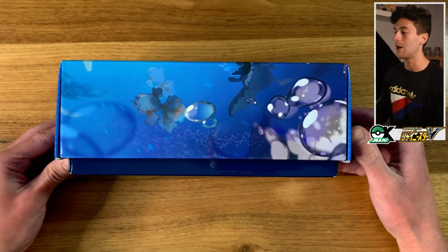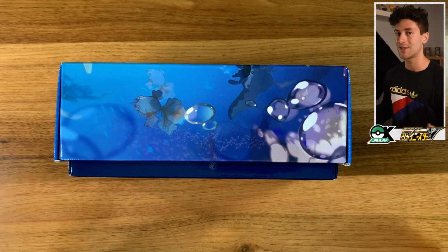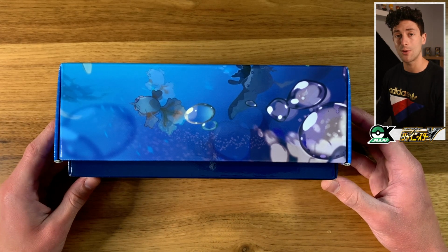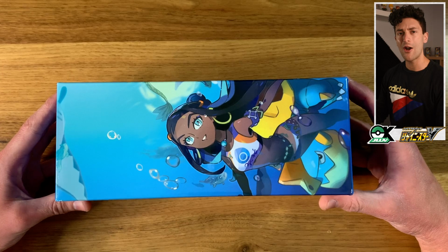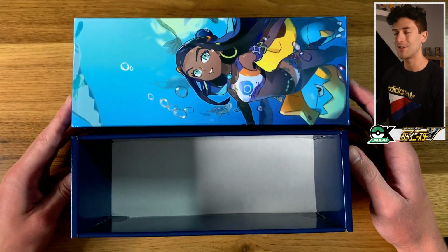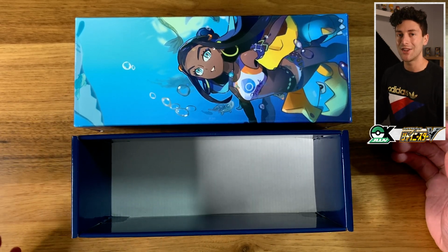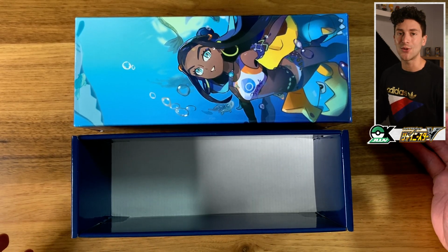I mean, you can put them on the shelf and that looks really great. And if you've got all the other promo sets too, you're going to have a really nice collection of storage boxes. So they're pretty cool. With that little showcase of what's inside, I just can't stop. It's very nice to keep opening and closing that. With that showcase of what's inside the Nessa box out of the way, let's dig into a booster box opening